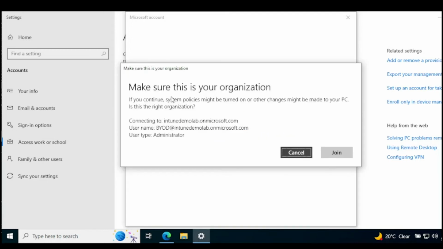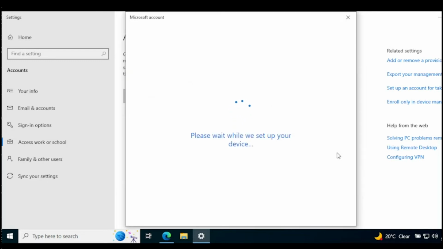Now you can see it says make sure that this is your organization. If you continue, system policies might be turned on or other changes might be made to your PC. Is this the right organization? Connecting to my domain IntuneDemoLab.onmicrosoft.com, with my username BYOD at the rate, and I am going to be the administrator of that user. If I click Next, my machine is joining the Azure Active Directory,